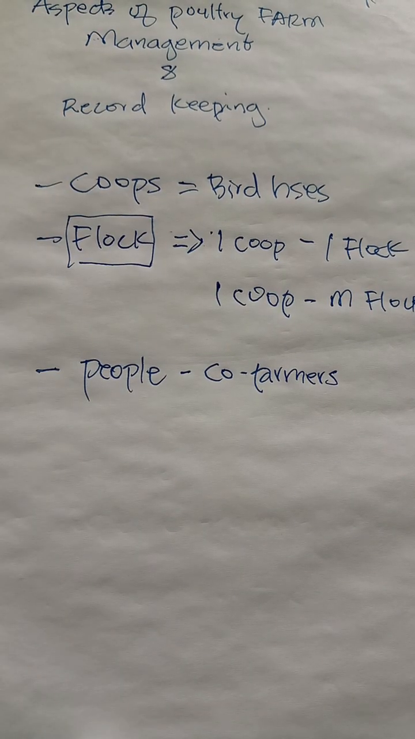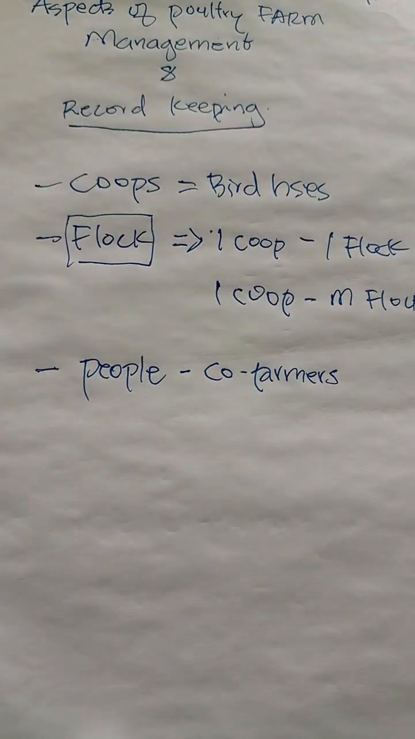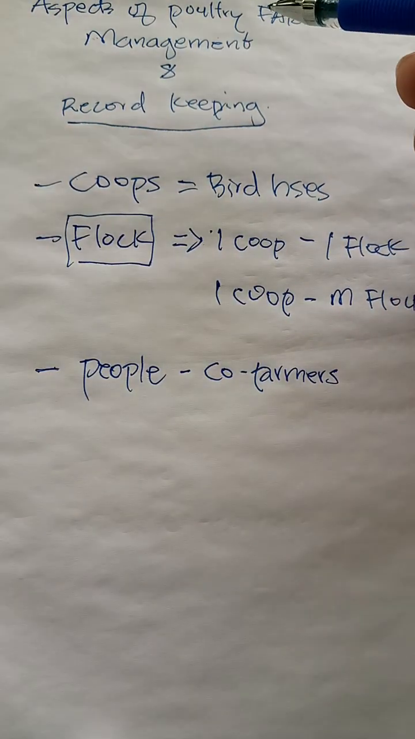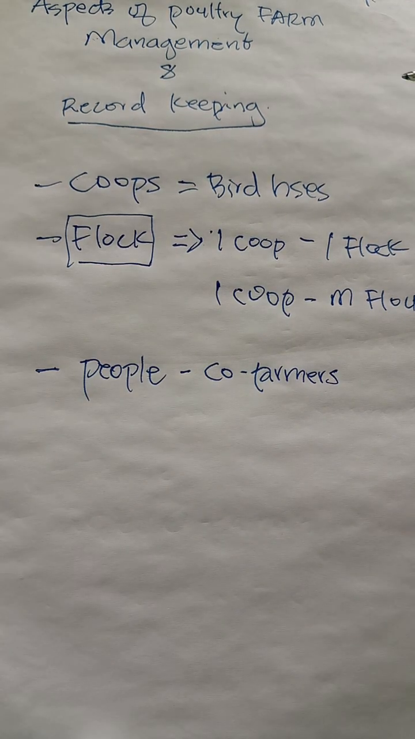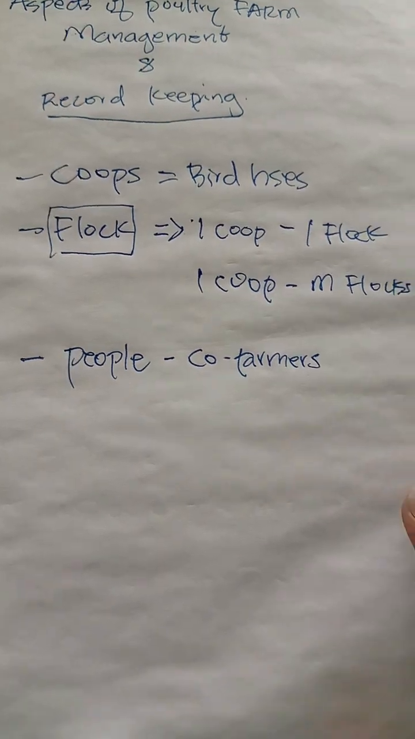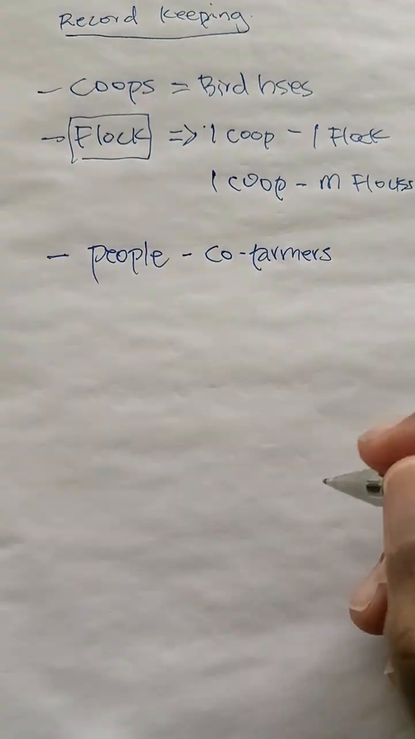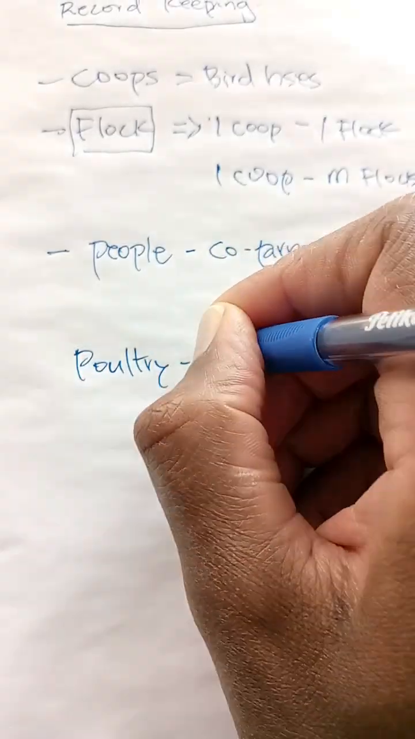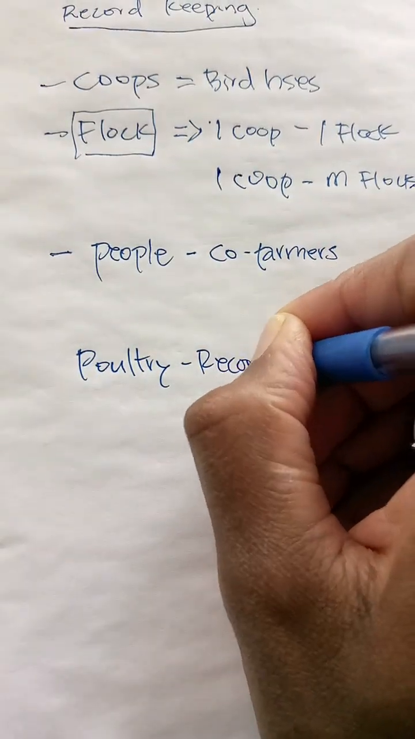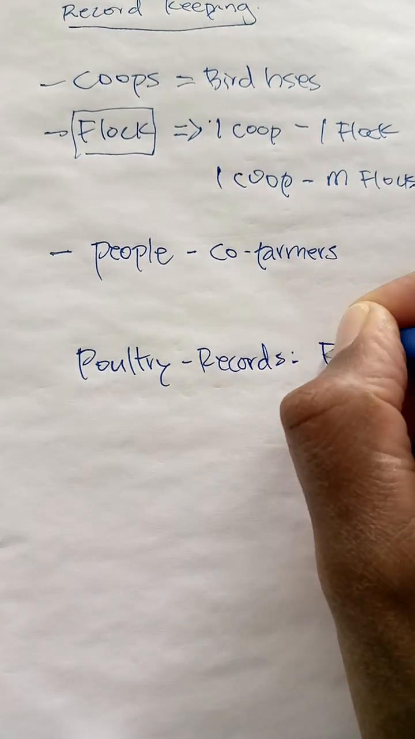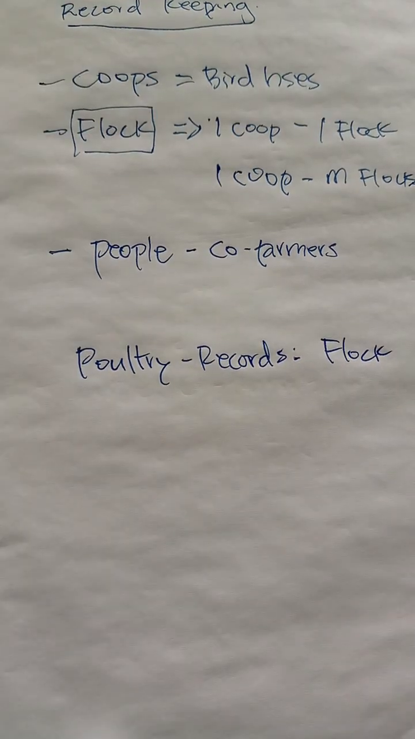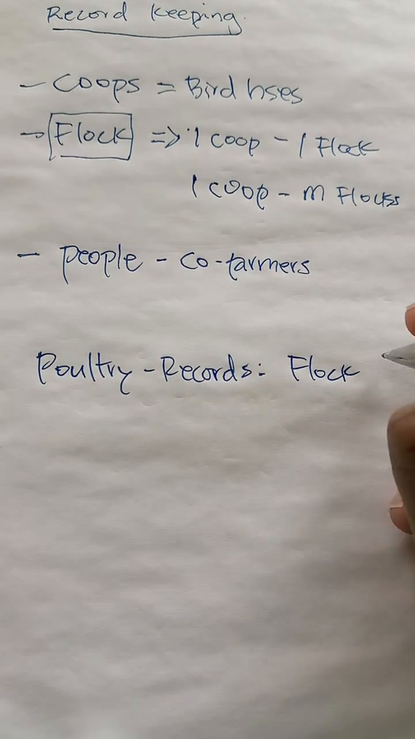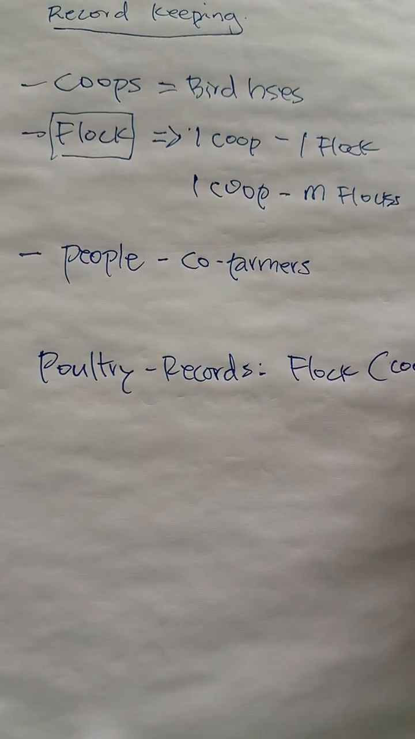Then on the flocks, we have a number of things that go into record keeping, because usually poultry records actually pertain to flocks. So for example, let's come down here and we will say poultry records, and this points to a flock. So for each flock, which is one flock in a coop,